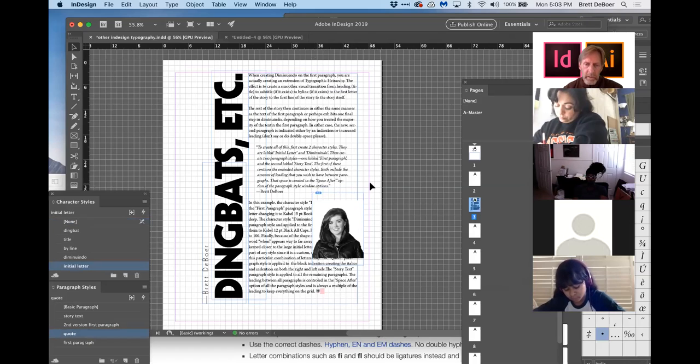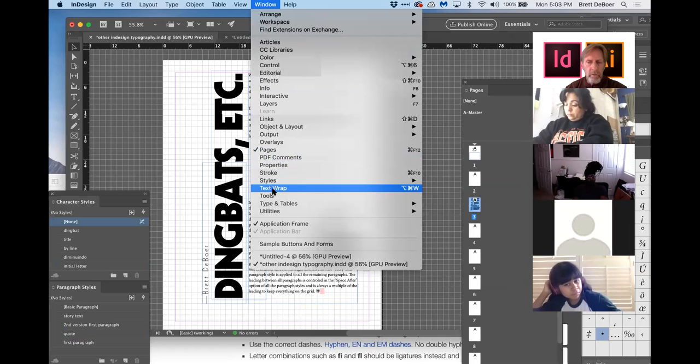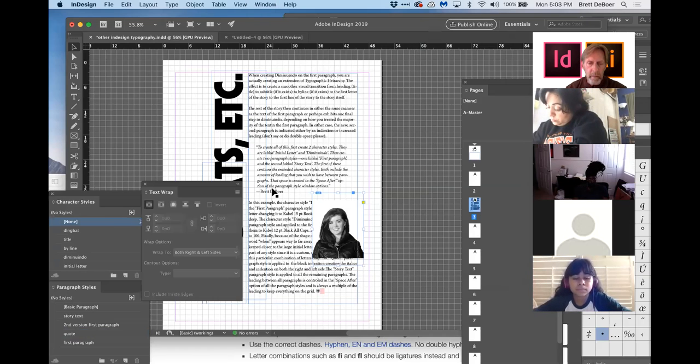So it's in there in the text box. And so right now the text is coming up to here, but it looks like it's just being blocked off. So it's not really wrapping. It's just covered up. And so what I need to do is now go to the window of text wrap. So I get the text wrap window,